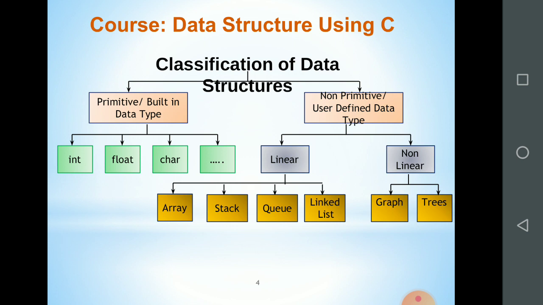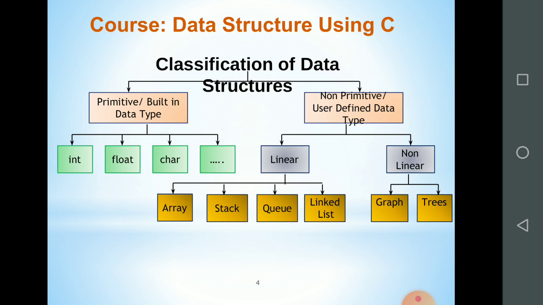We will also see examples of this. In linear data types, the array, stack, queue, linked list are examples of linear data structure. Secondly, in non-linear, there are two basic things, the graph and the trees.